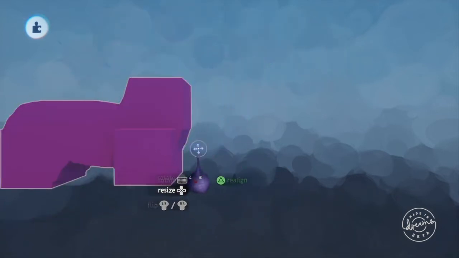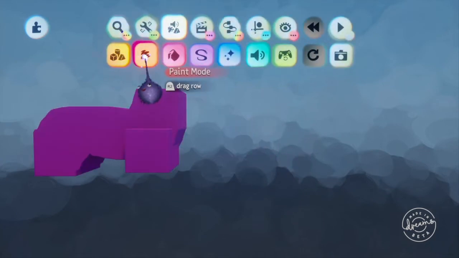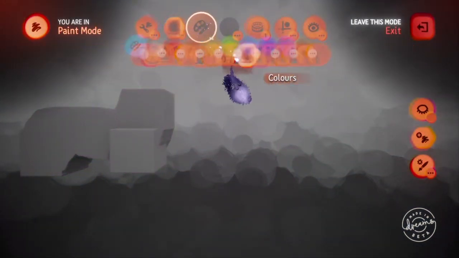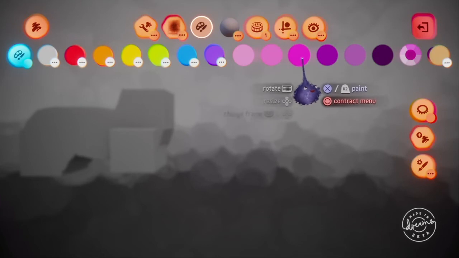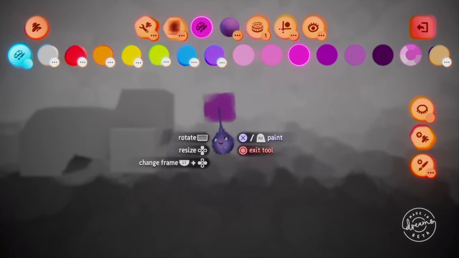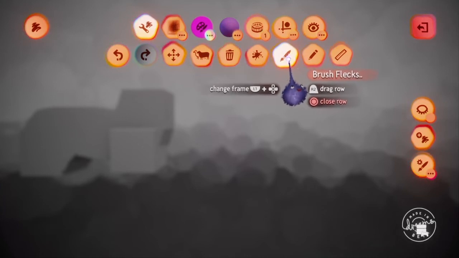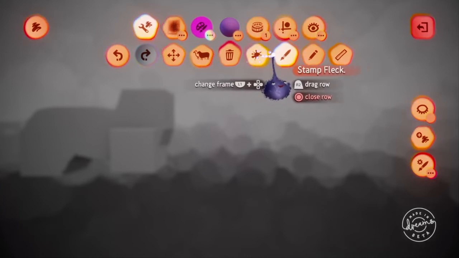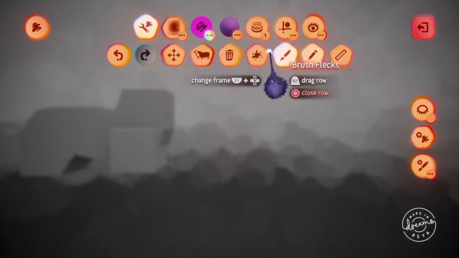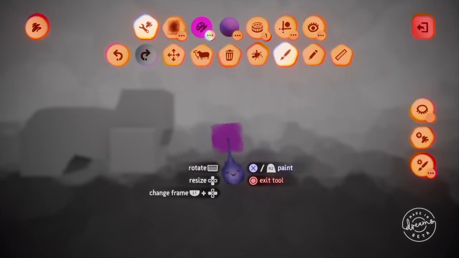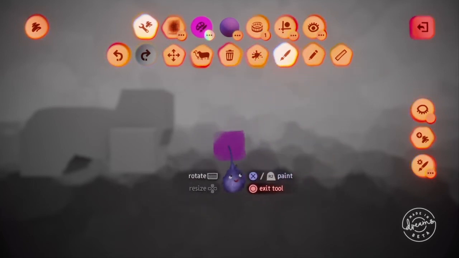And now to compare, let's just get a painting going, and we'll do the same medium molecule pink so that we can kind of see, and we'll look at the tools. Similar tools, we have brush flex, we have stamp flex, we also have draw flex, and we'll look at those differences. So brush flex, I'm brushing it,